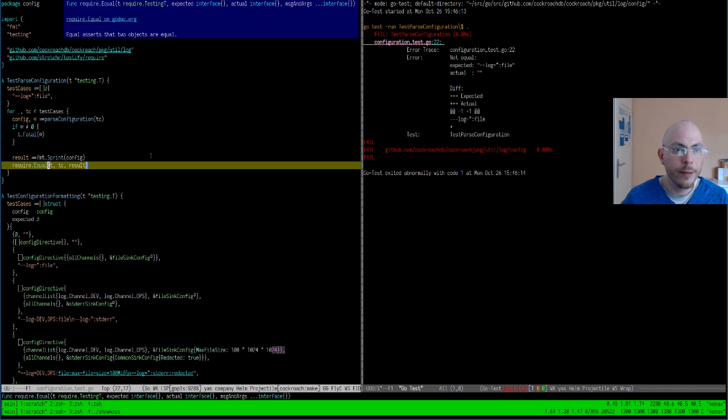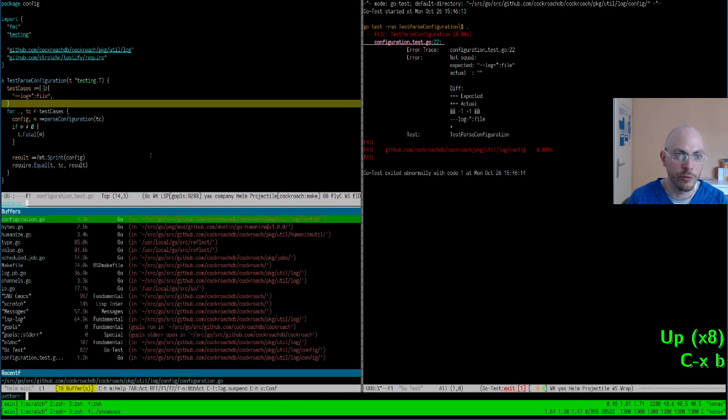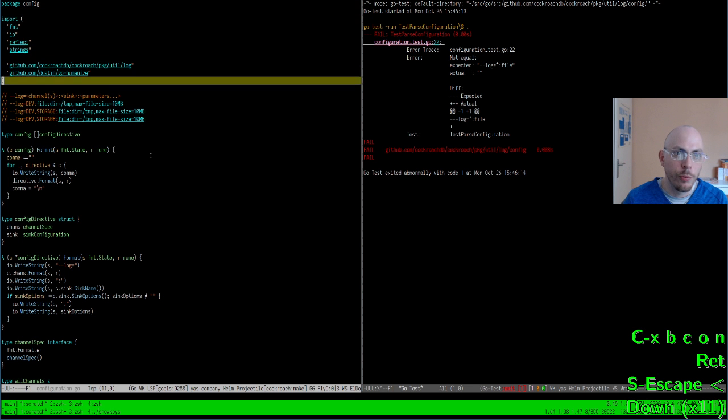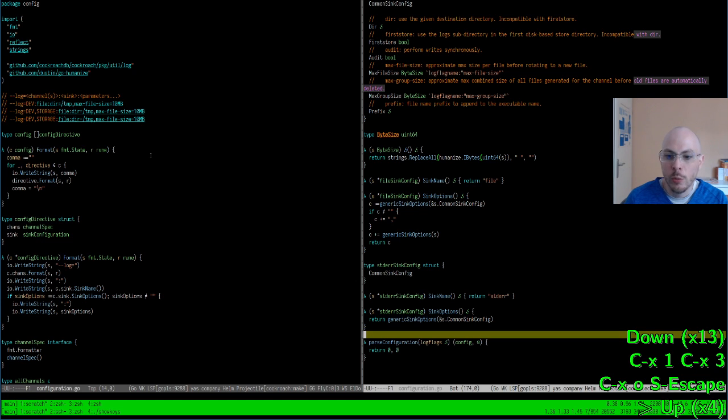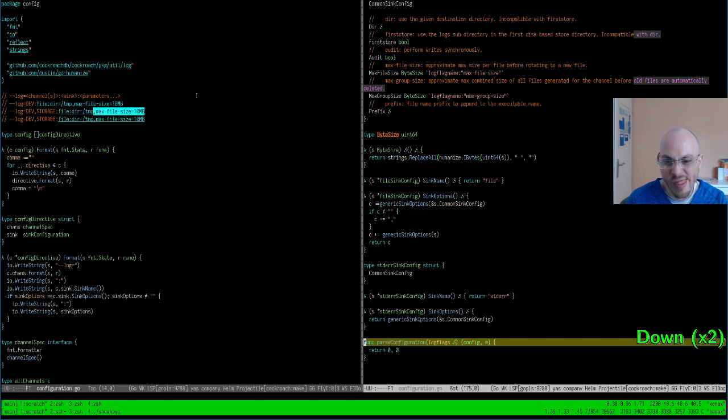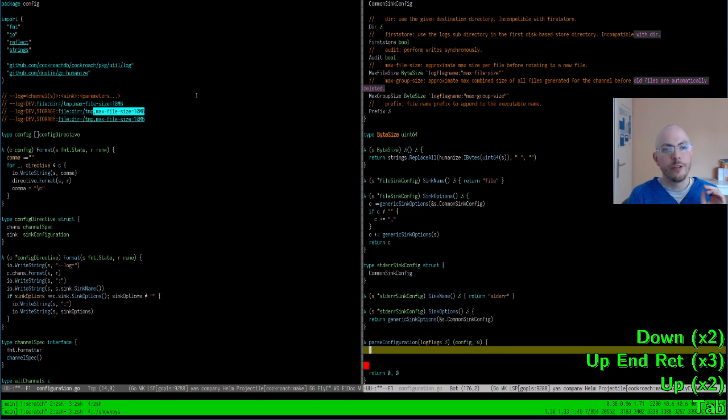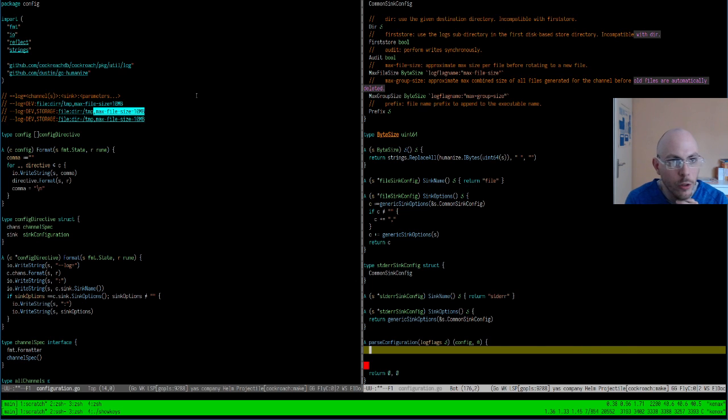The parsing for this configuration format is not super complicated, but we probably will have some work to be doing for the key value pairs. All right. So first of all, we will have a list of multiple log flags. Well, you know what? I'm going to say, let's go for a single directive.